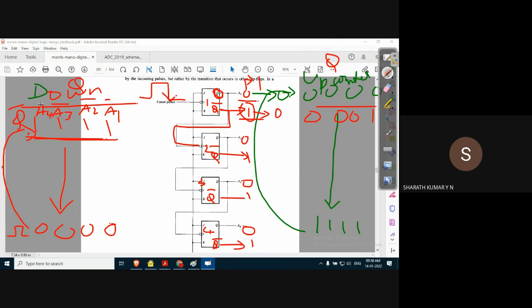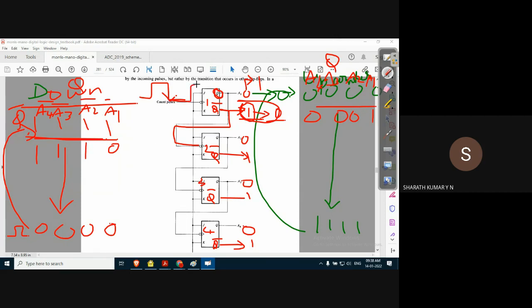Now, if you consider the complement outputs, a1 dash is going from 1 to 0. The outputs of the other flip flops remain the same. Next clock pulse.